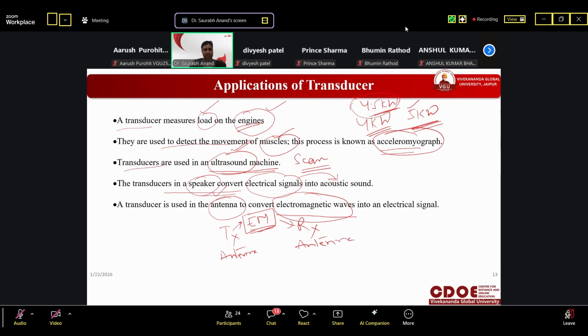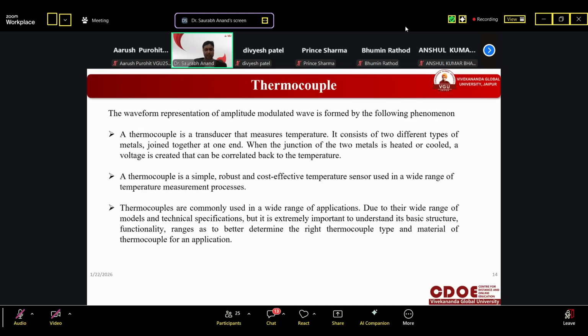So what is this? This is the transducer. First is converting electrical into EM, and second, that is receiver side, is converting EM into electrical. Okay, so EM waves into electrical signal. Who is converting? Antenna. Okay, so antenna is again the transducer, which is used to convert either electrical to EM or EM to electrical. So these are the examples or applications of the uses of transducer. Where do we use that?